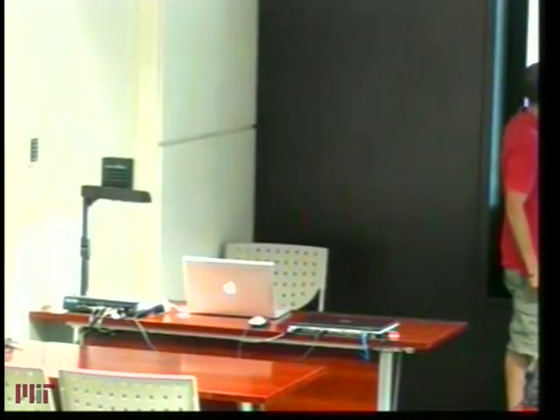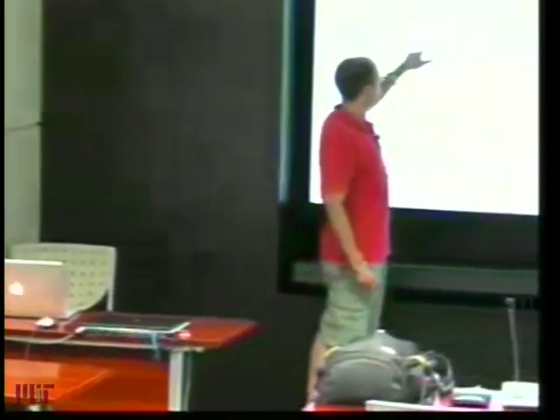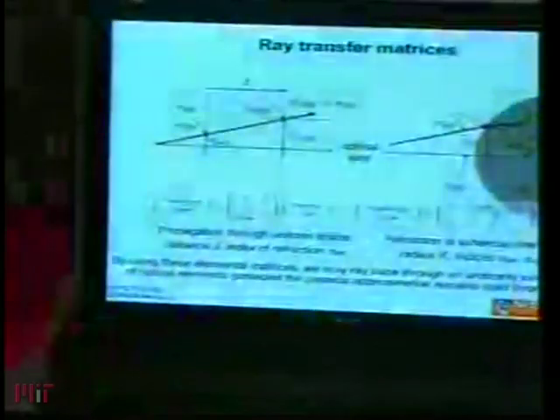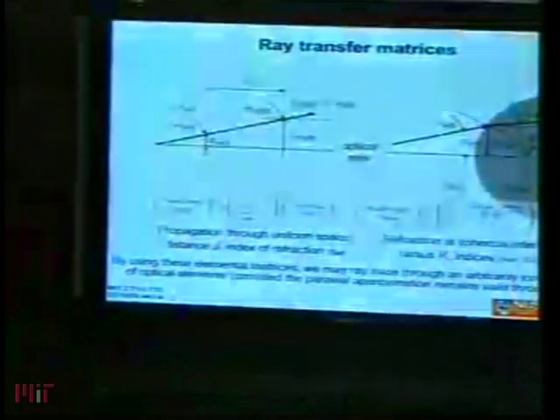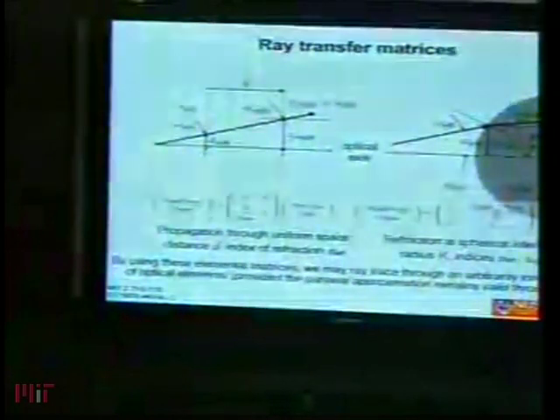The only thing it says is that the ray, as it propagates from the left over a distance d through free space, changes its elevation, but the angle of propagation does not change. So this verifies what we know from Fermat's principle, that a ray propagating in uniform space minimizes its path. Therefore, it must propagate in a straight line, because the straight line is the minimum path between 2 points.